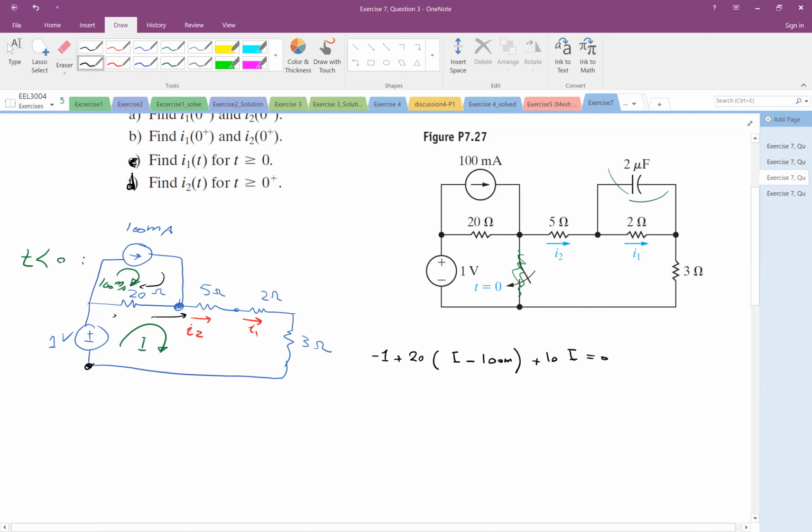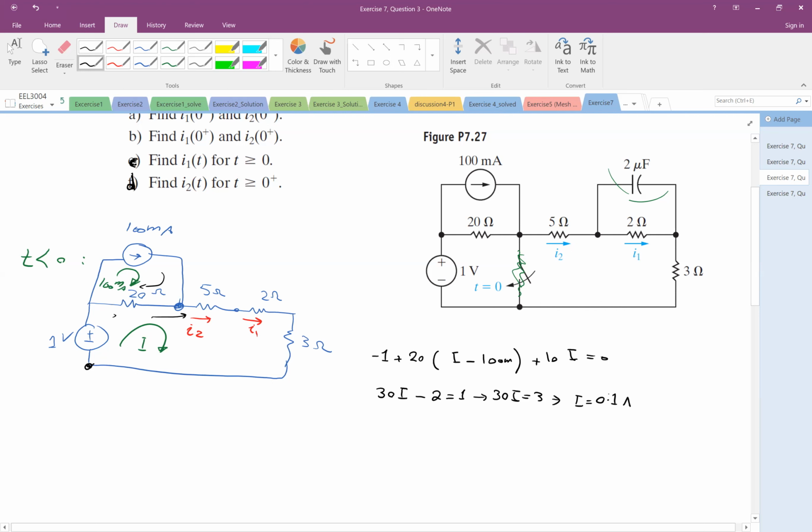So just one variable, 20I and 10I, 30I. And then minus 2000 times 10 to the power minus 3, which is 2, equal to 1. In other words, 30I equal to 3, and I is